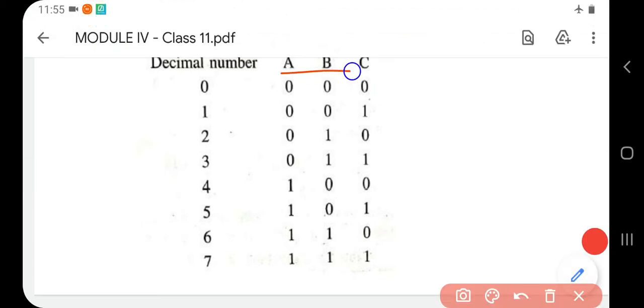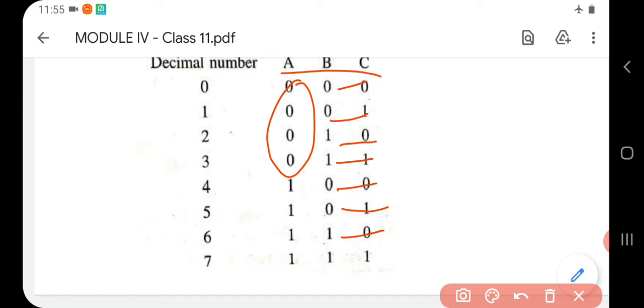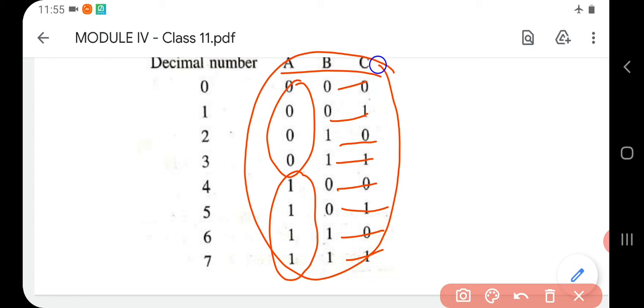That is A, B, C are the inputs. Now, these are the various possibilities. You can learn like this. That is 0 0, 0 1, 1 0, 1 1, provided the input A is all 0 there. Again 0 0, 0 1, 1 0, 1 1, provided all the inputs of A are actually 1. So, for each of these inputs, how will the outputs, that is sum and carry, look like?